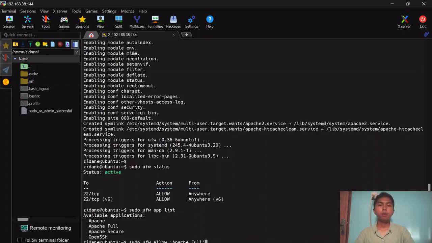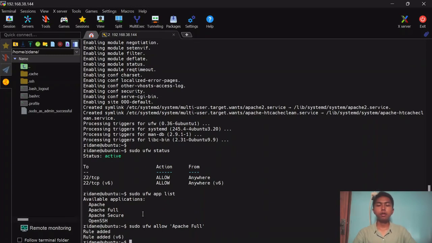If you only type Apache, it's only allowed for HTTP traffic, but if you type Apache Full, it will allow both HTTP and HTTPS traffic. But if you choose Apache Secure, it will allow only HTTPS traffic. So here I choose Apache Full and hit enter. Okay,